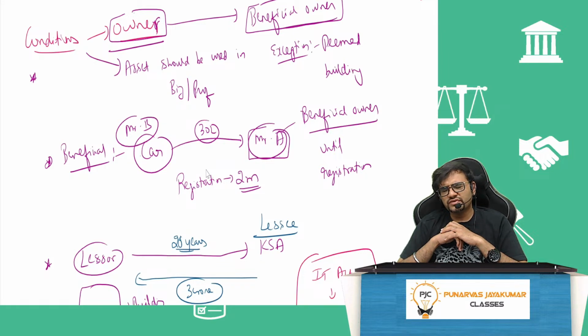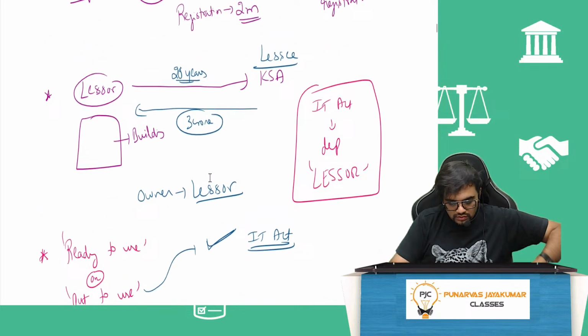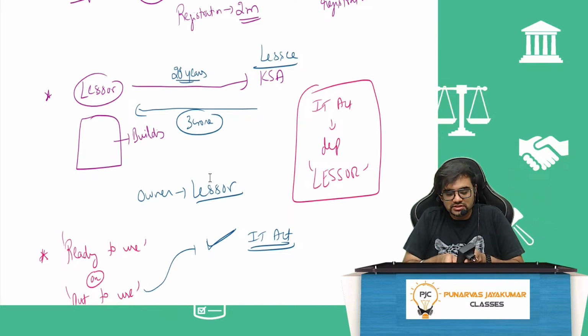In accounting standards, you have financial lease and operating lease. In some cases, the lessee only will take depreciation, but nothing doing in income tax. Income tax law is very simple. Lessor alone can take depreciation. And depreciation is on active use of the asset, that is, put to use.